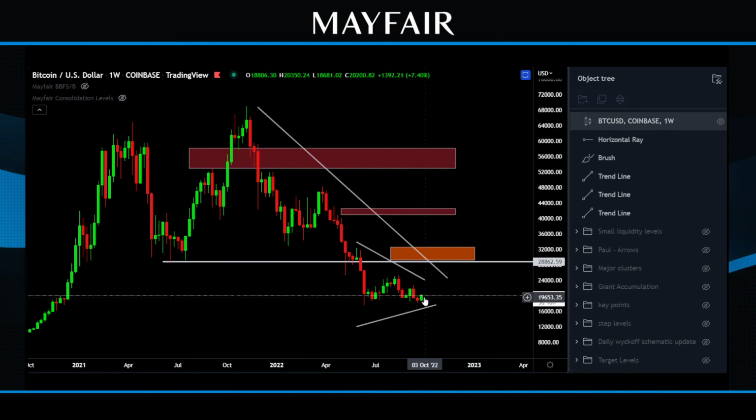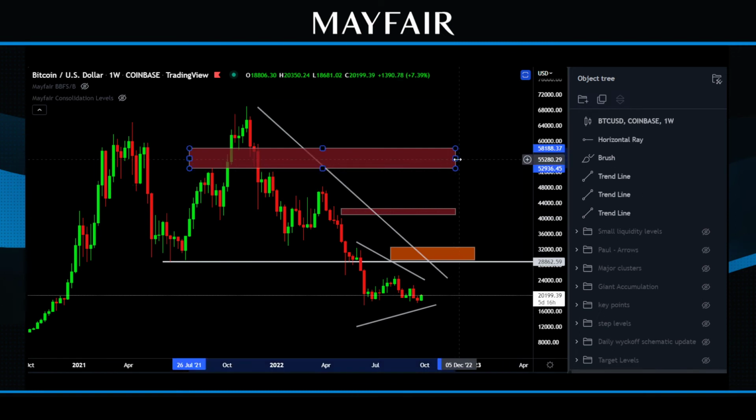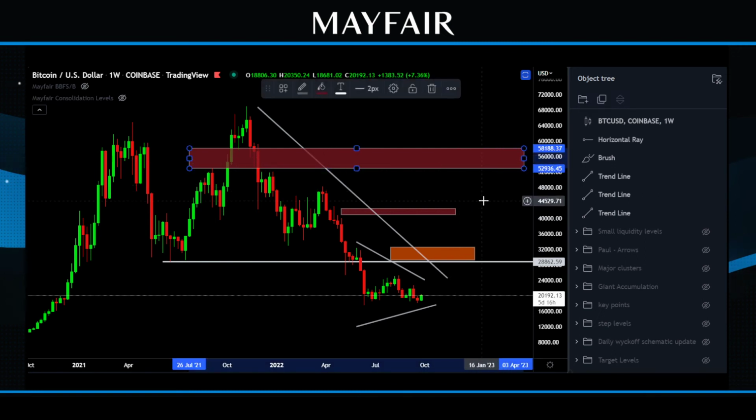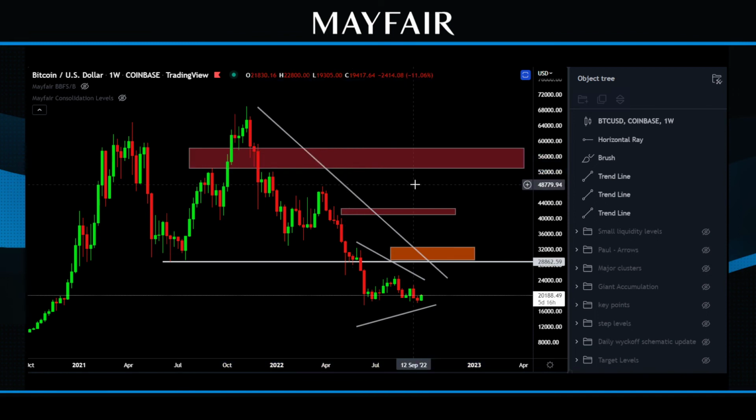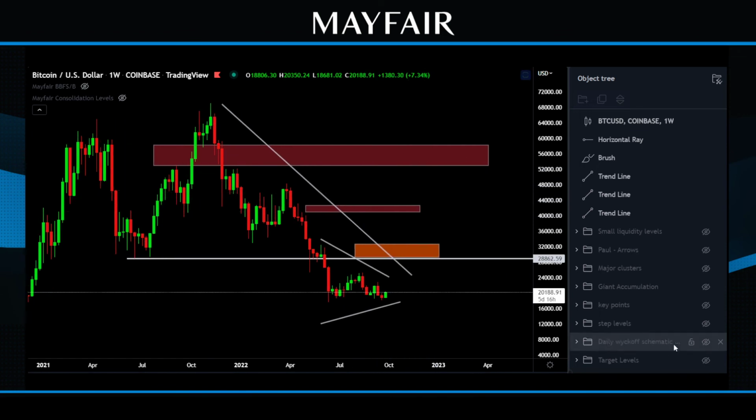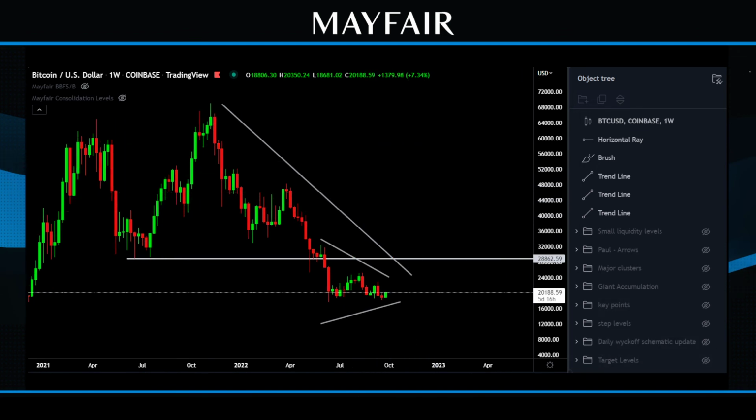We could easily see a move on up, A, back down, B, followed by a C. And I'm going to stick with my guns on this one. I think the bigger picture B move could easily be in and around the 49 plus K, kind of confusing people into buying in at that half of 150k, the magic level for retail traders. So I think that's still on the table in terms of the bigger picture.